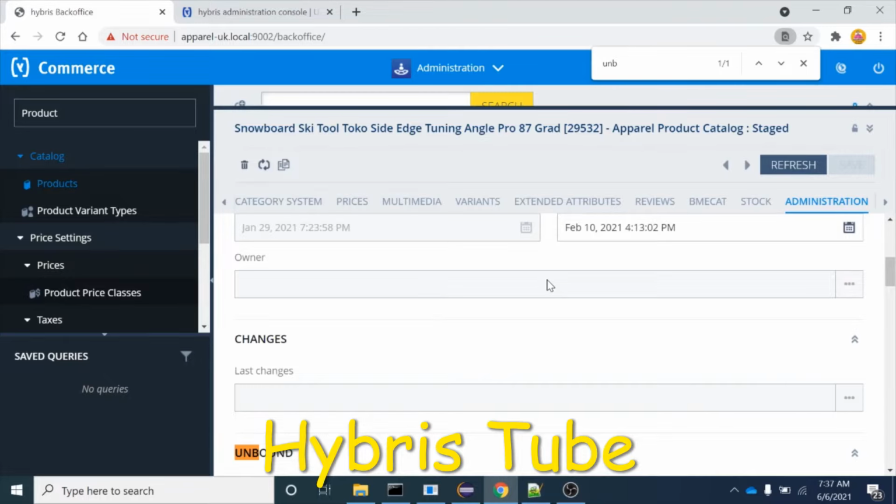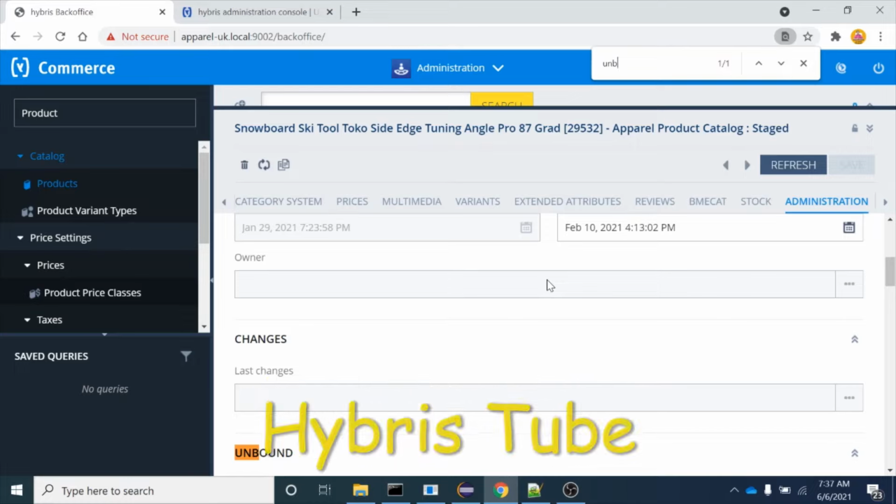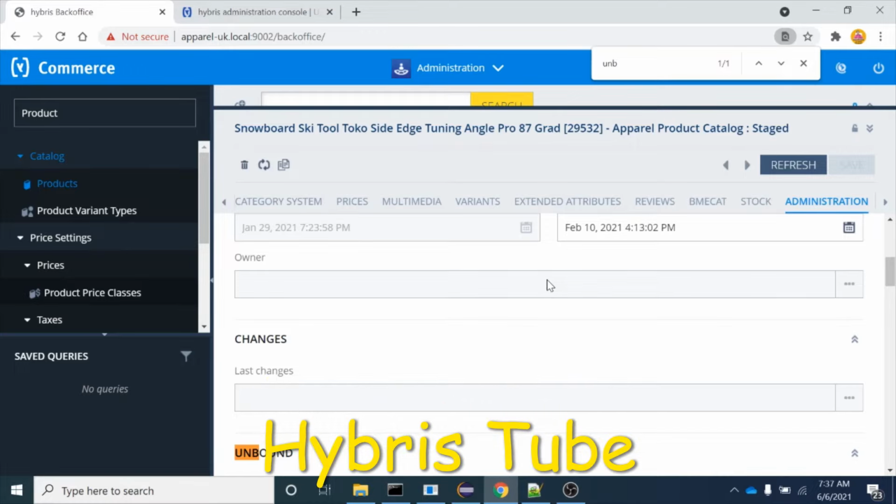I hope this video will be very useful for you. You need to do Backoffice customization very frequently in your project. So to achieve this functionality, what we are going to do,